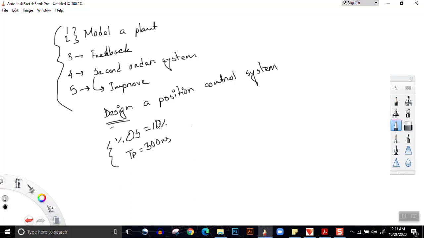So if we are given a very random motor and we are told to design this system, what do we do first? We first try to understand what the parameters of the motor are. We try to model the motor. How can we model the motor? We can find the Kp, we can find the Ki, and we can find the time constant tau. And from this process, we'll be finding the break frequency as well. So from experiments 1 and 2, our task would be modeling the motor. In your case, you will not have to model the motor, because we have already done that. We have already modeled the servo motor in experiments 1 and 2 with a definite set of Kp, Ki, tau